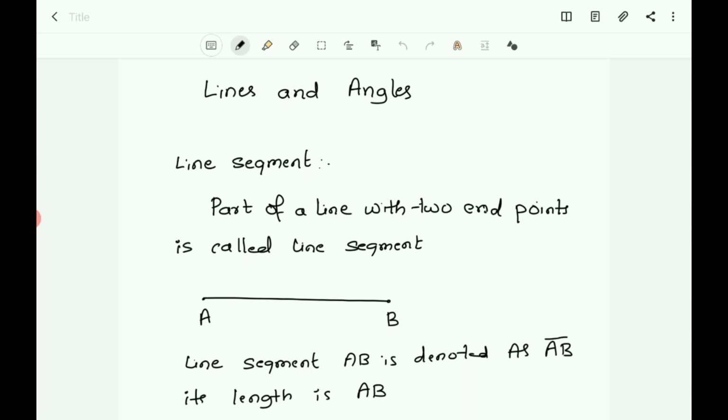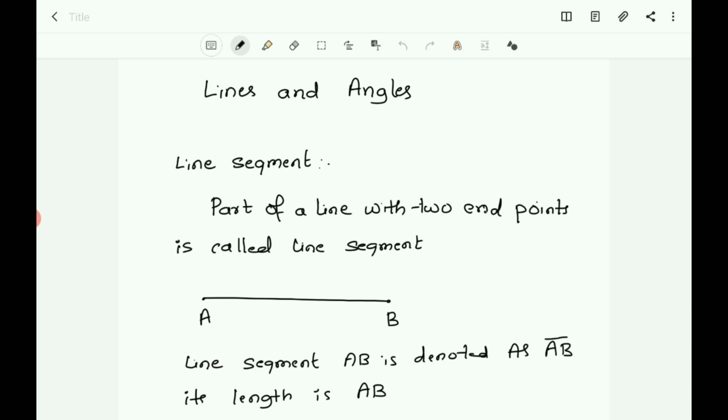In science, we study the properties of light by drawing the ray diagram, and in our daily life we see different types of angles formed between the edges of plane surfaces. For making a similar kind of model using the plane surfaces, you need to have a thorough knowledge of angles. To find the height of a tower or to find the distance of a ship from the lighthouse, we need to know the angle formed between the horizontal and the line of sight. Plenty of other examples can be given where lines and angles are used.